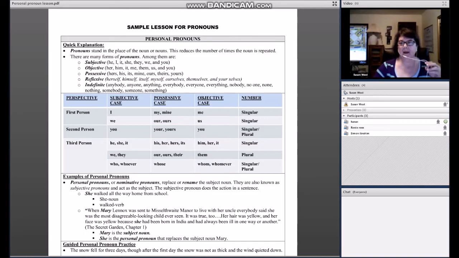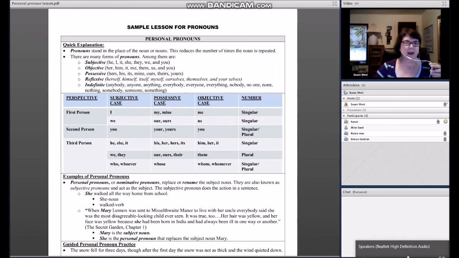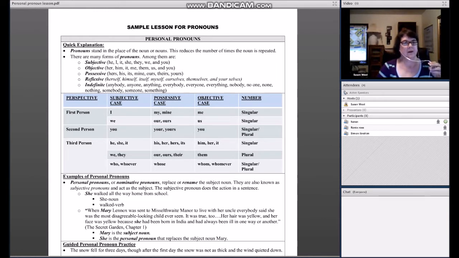As we begin tonight, I want to go over personal pronouns. Pronouns stand in the place of a noun. We use pronouns instead of the noun, and this reduces the number of times that we have to say the noun. For instance, if I say the ball is in the driveway, I could also say it is in the driveway,